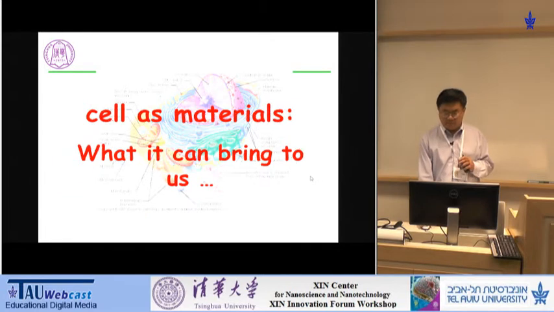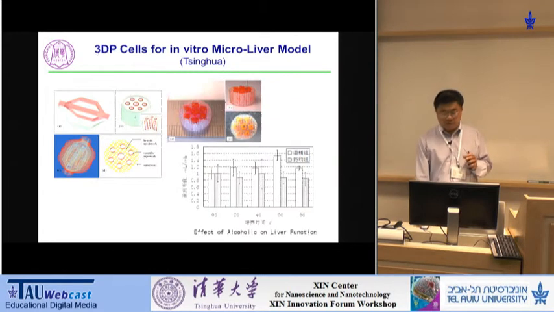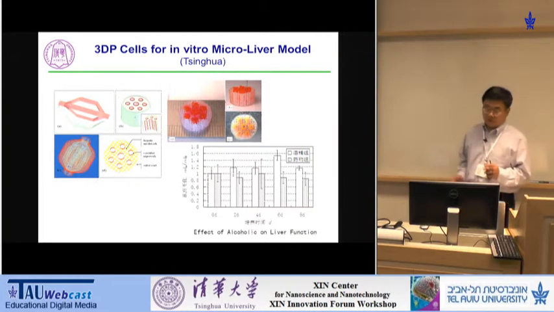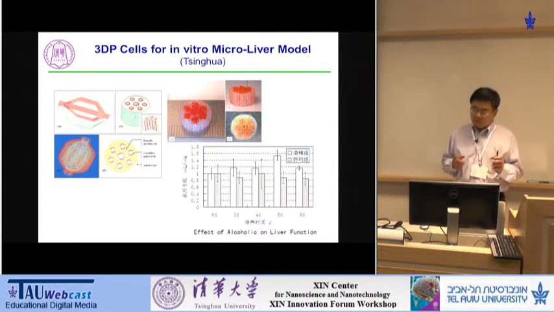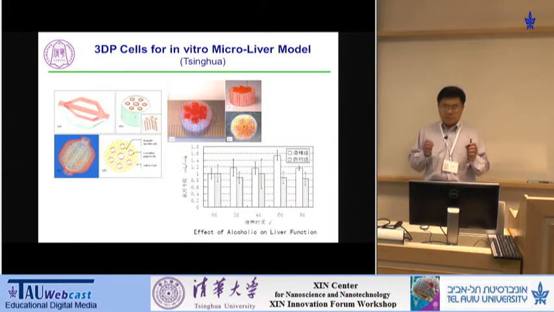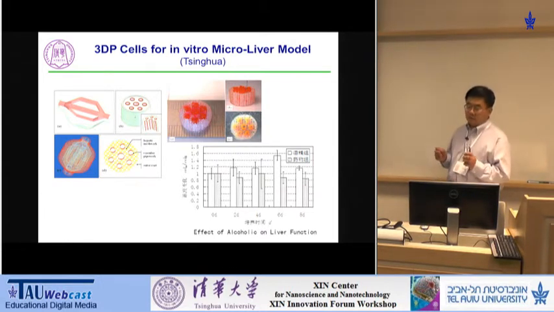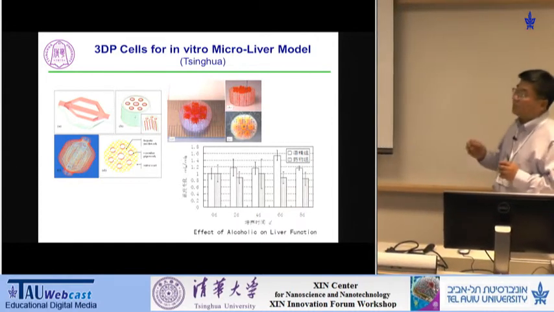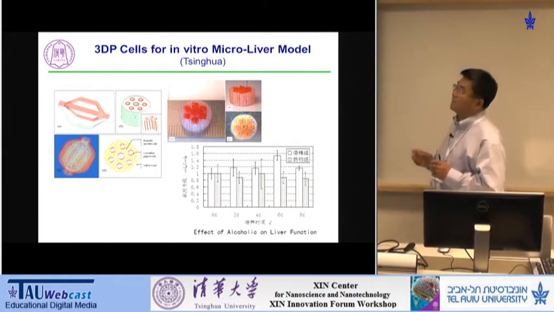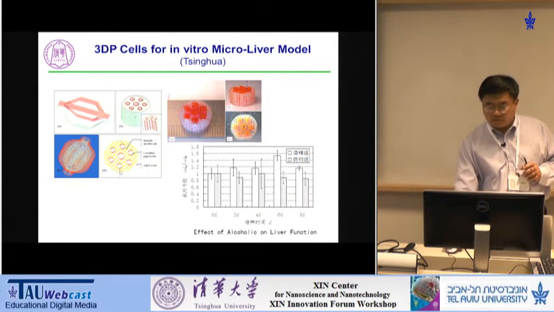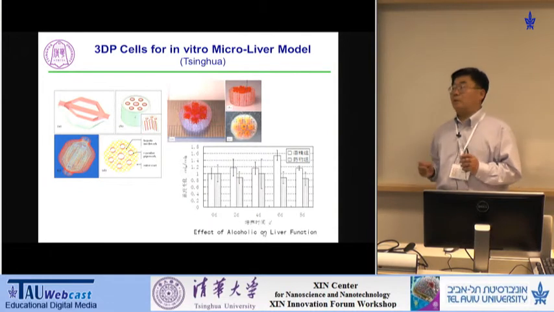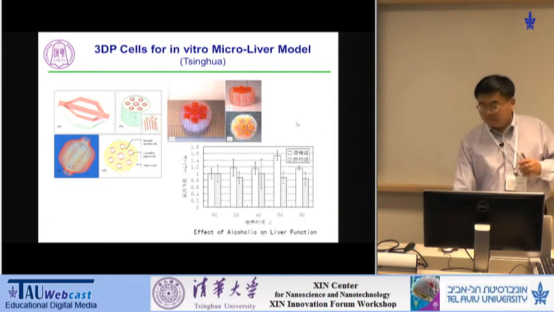But what we can do really when we're printing cells, let me share with you, for example, what we do at Tsinghua, and also what my team does in the US too. One is at Tsinghua, where we built a small macro liver model. It's a module of a liver. Okay, it's not for the function of a liver. And when we put cells in to build this structure here, we do nothing but test alcohol,